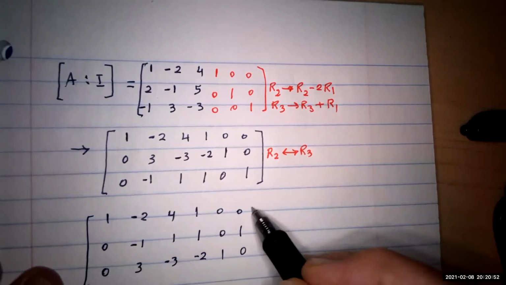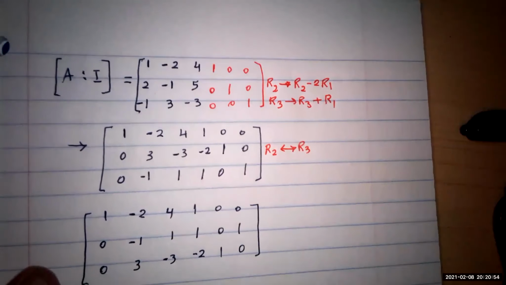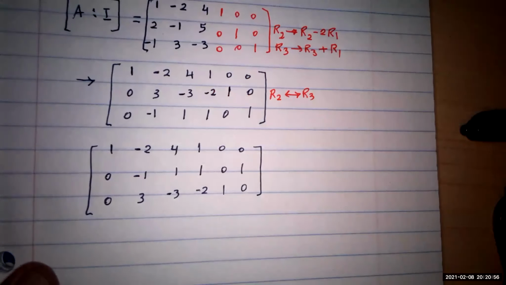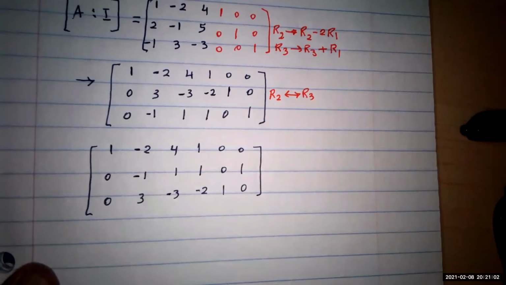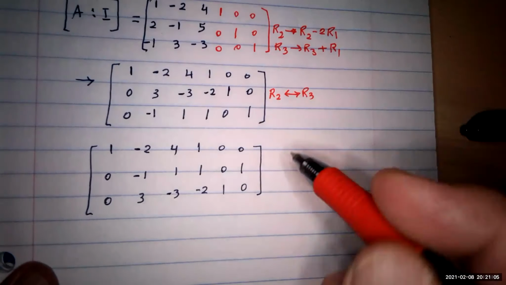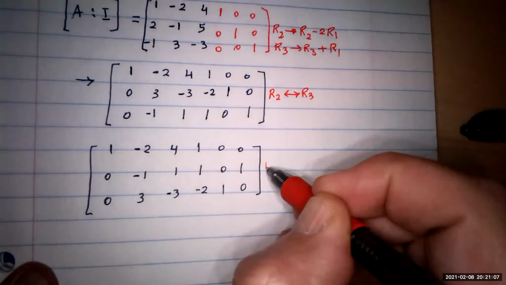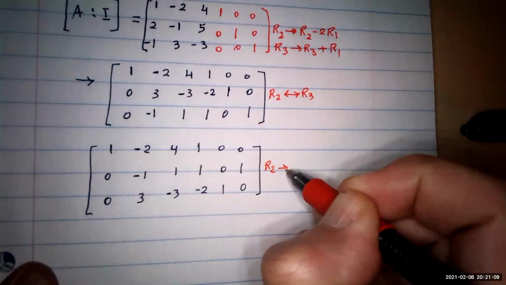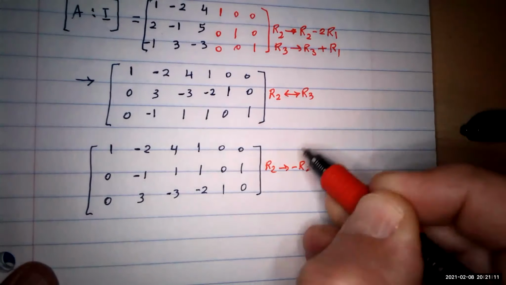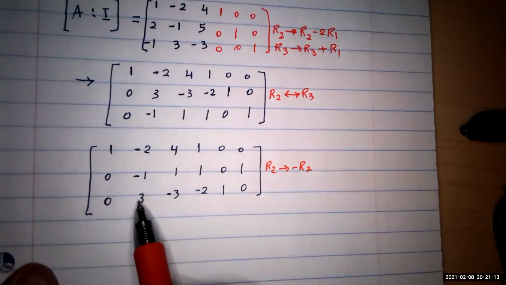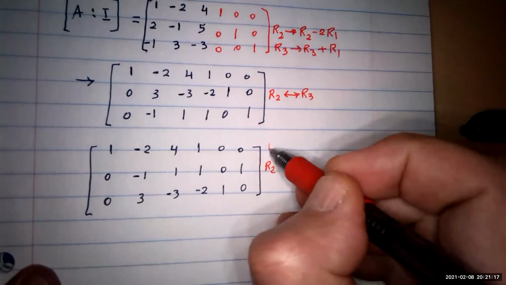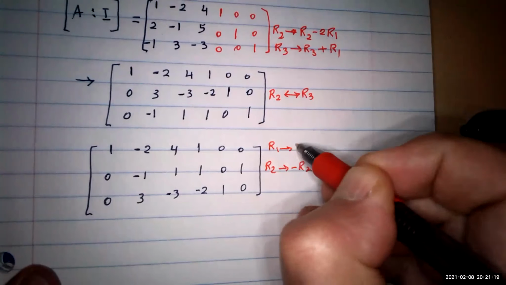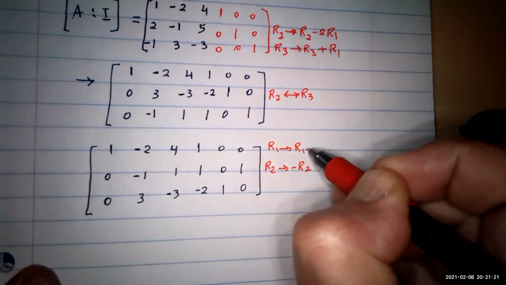Okay, so let's make it a little bit better. Okay, so now we are ready for it. This is a negative 1, then we change it to the positive 1. And no, nothing to worry about. So we change the R2 into the negative R2 would be positive. So we have to make the top and the bottom 0. So to make this one into the 0, this is R1. You change the R1 into the minus,